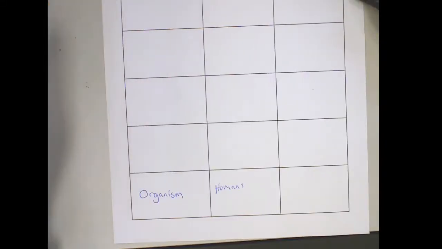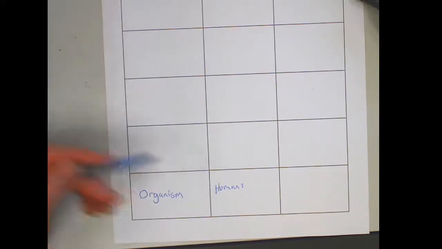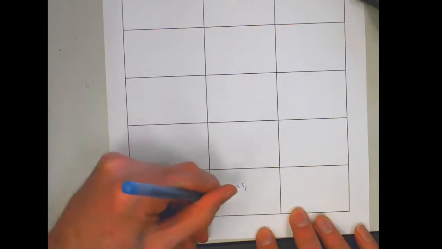Go ahead and write down some other examples. Some other things that would come to mind for me would be a cat, because I love cats, and a squirrel, a deer, anything that's an animal, right? That's an example of an organism. So you could also do dogs,